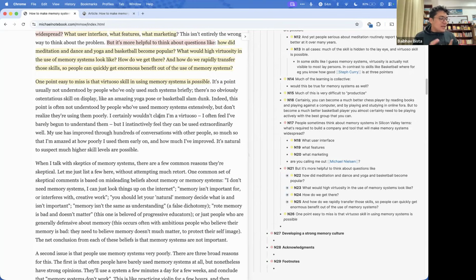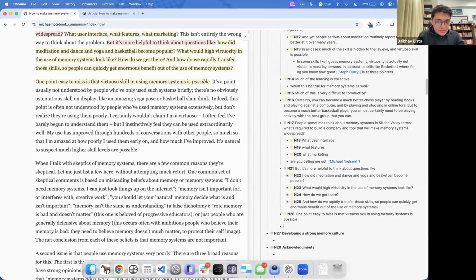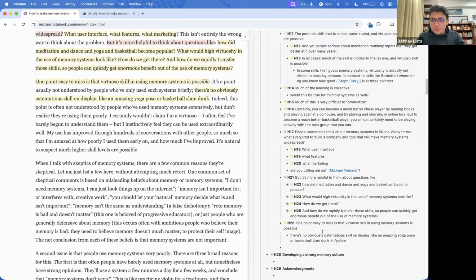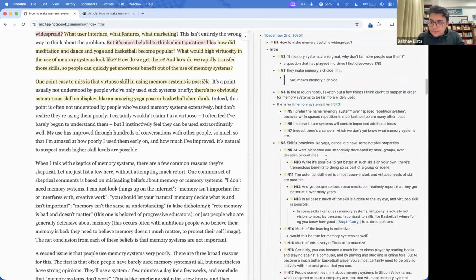And then at the very high levels, you start thinking about stuff like cognitive load, and you start thinking about, okay, how do I make this the right cognitive load so that it acts as an optimized learning vehicle. So that's a really important point. I definitely believe that virtuoso skill is important. Yeah, I think this is kind of related to what I was talking about earlier, right? There's no obviously ostentatious skill on display. This was related to what I said earlier, where